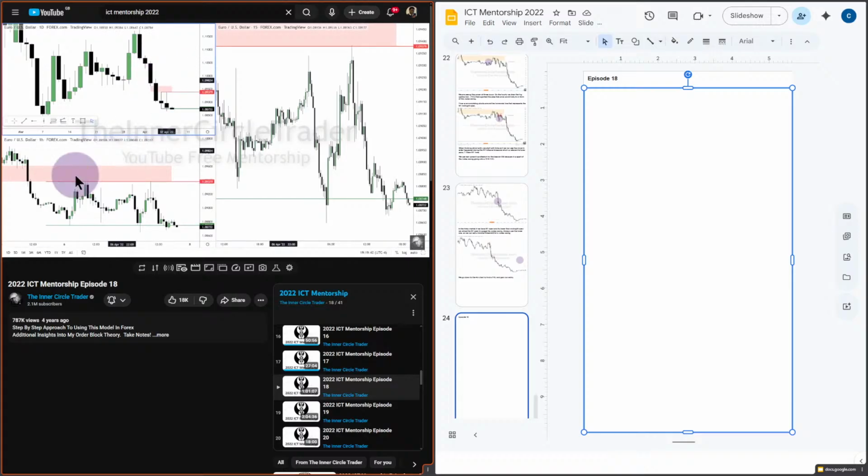Obviously, you can see everything I did on the daily chart is transposed onto the hourly chart down here in the lower left-hand corner, and it's transposed over here to the 15-minute time frame. So time frames are upper left is daily, lower left is hourly, and 15-minute time frame is on the right. The 15-minute time frame is my bellwether chart. That's the one that I go to quickly.